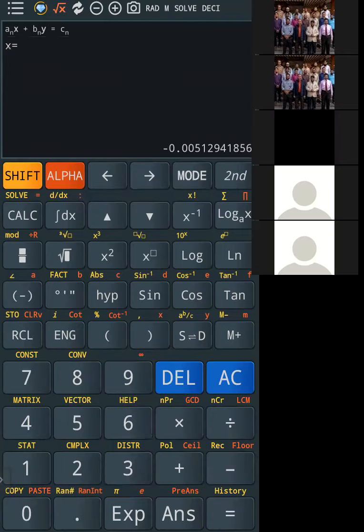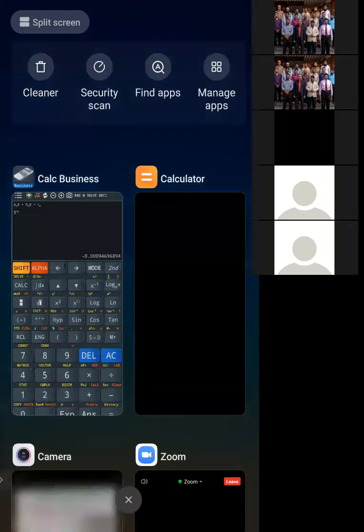You can see what answer for V2 we are getting. The answer for V2 is minus 0.00051, in mm. This is V2. The next variable is theta 2, right? That theta 2 we are getting as minus 0.00009 radian. Its unit is radian because it's a theta, right?